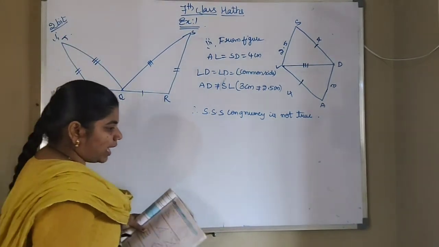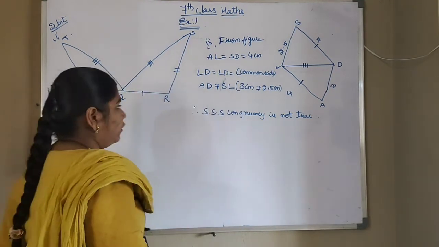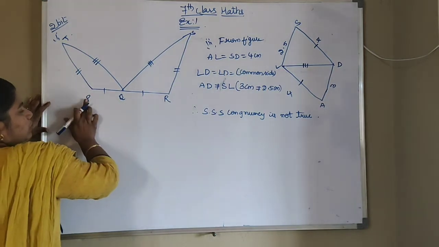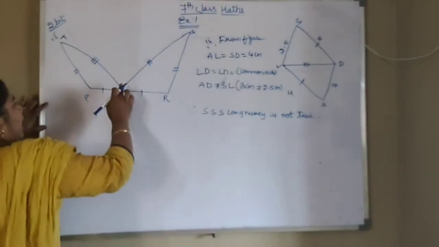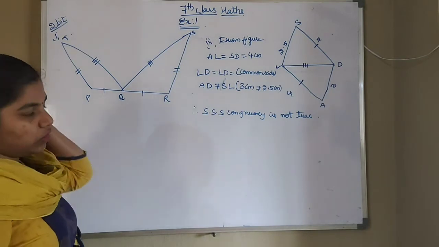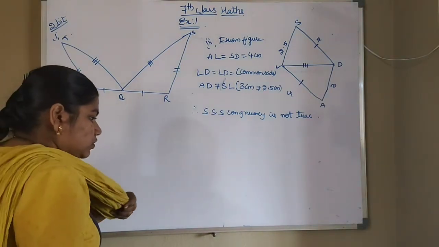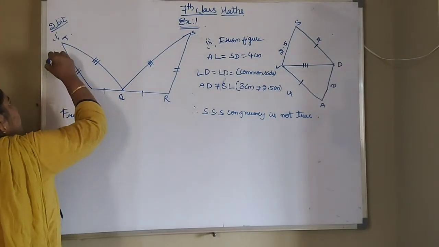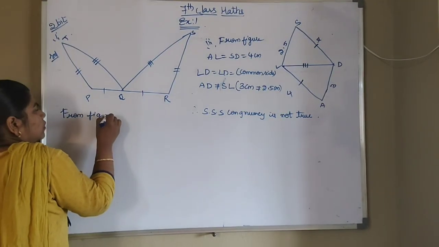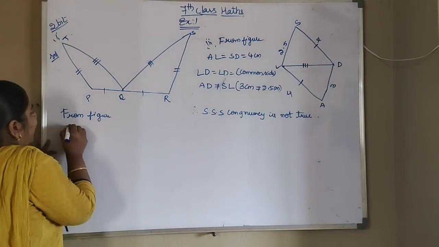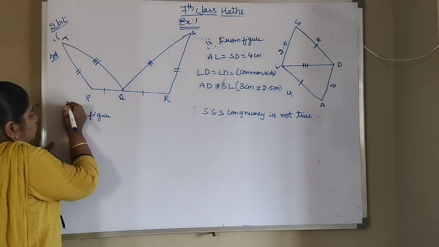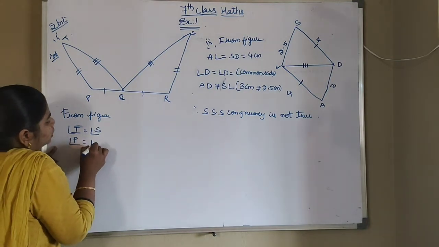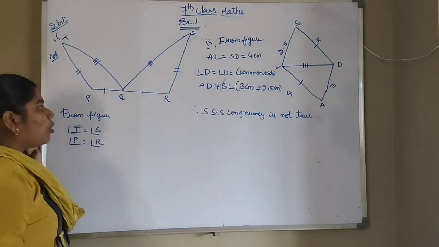So what are the corresponding angles we have to write here? So if you fold this in this order, I am bringing this part to this side. So R will be equals to P, S will be equals to T and this Q will be equals to Q itself. Okay, so that angles we have to write here. So from figure, we can write angle T is equals to angle S and angle P is equals to angle R. Here angle Q is common for both the triangles.